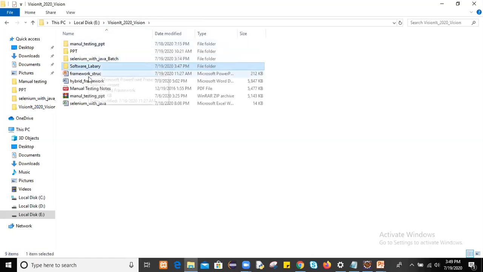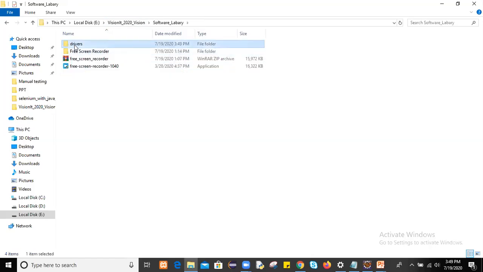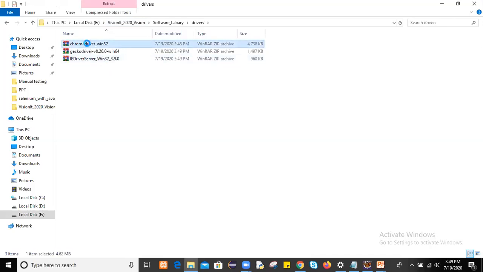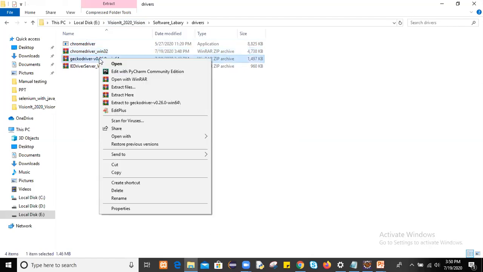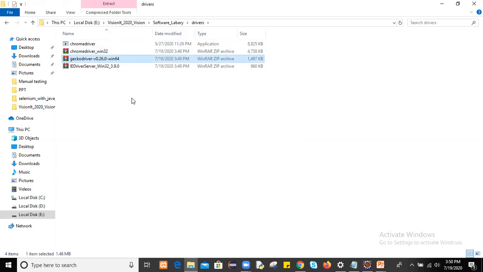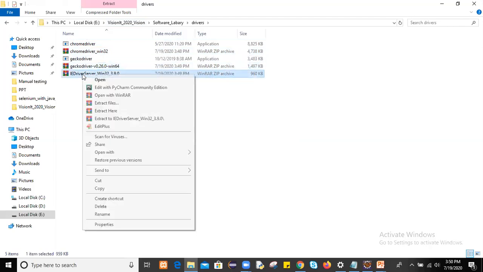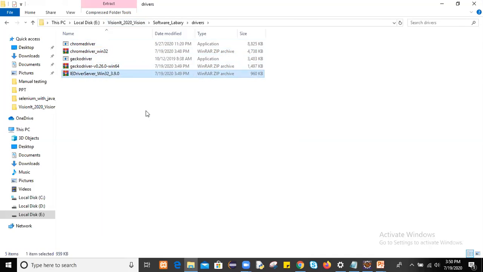Here in software library, I have created the drivers folder. Just extract these files. Right click and extract here. For this also right click and extract here. So Gecko driver, and for IE driver server, right click and extract here. So these are the three drivers.